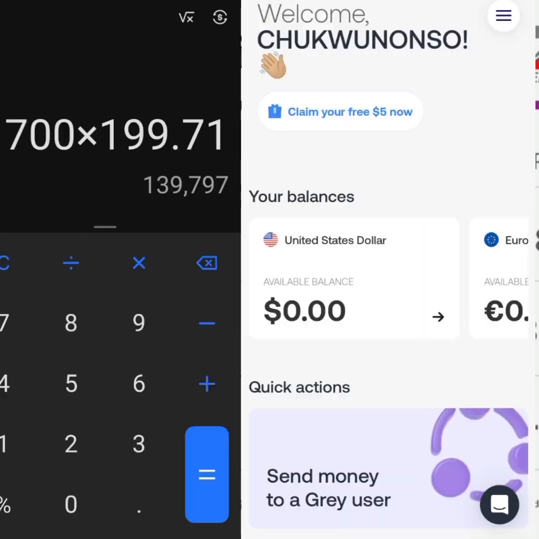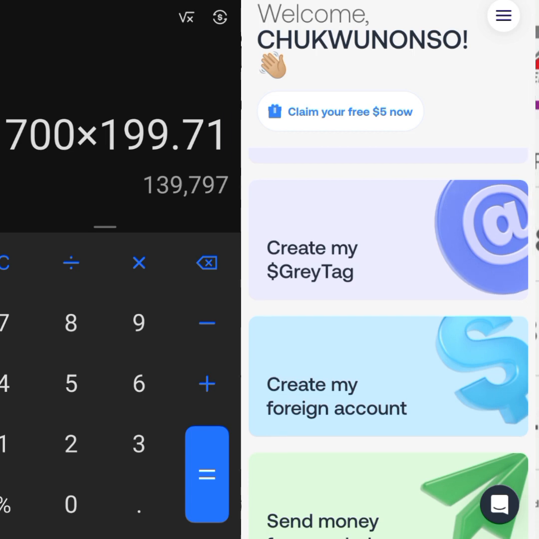Now this is how Grey looks like. If you've used Grey before, you see that this is grey.io. Grey is one of the biggest platforms that offers you the privilege to have a dollar virtual account. You can have a British pound virtual account.